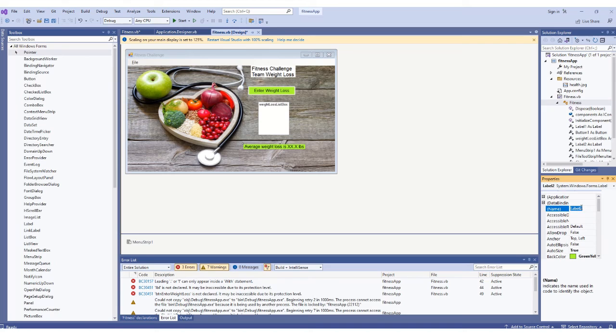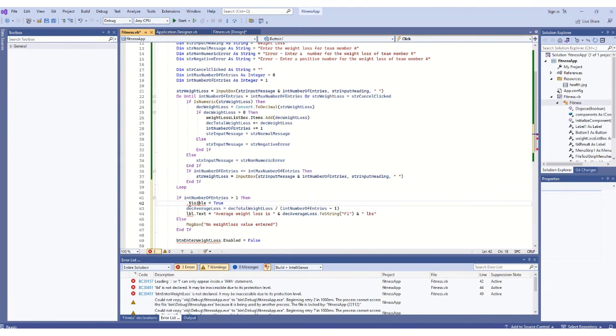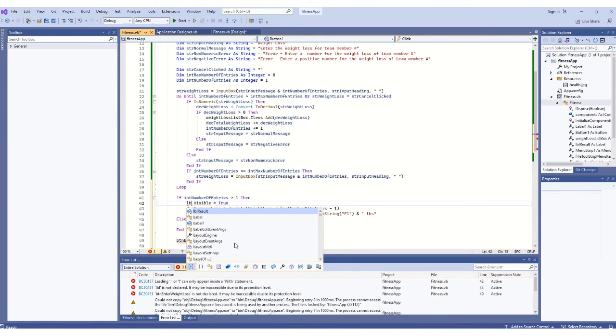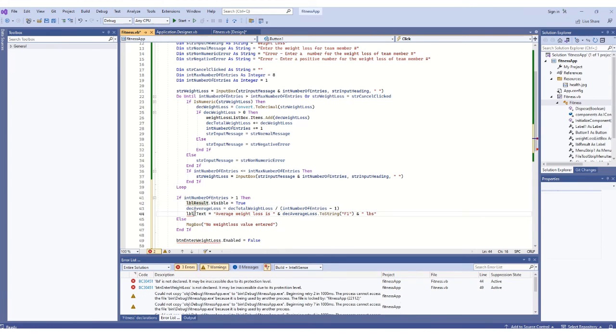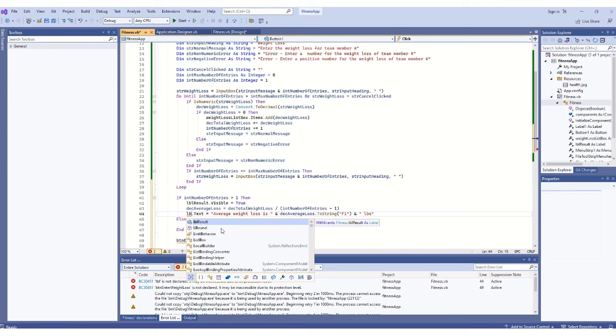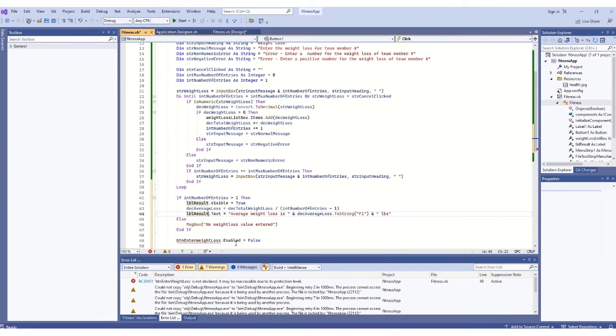We can make it level result. This is the result, the average of the weight loss. So we can go there and here, level result visible, make it visible, and then level result text should be this one. And at the end of this